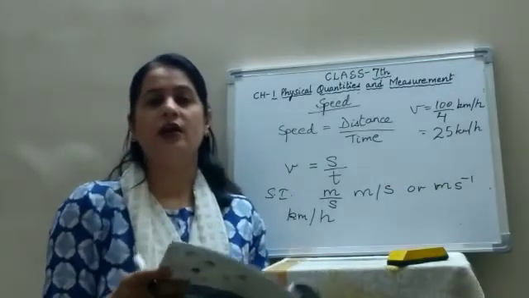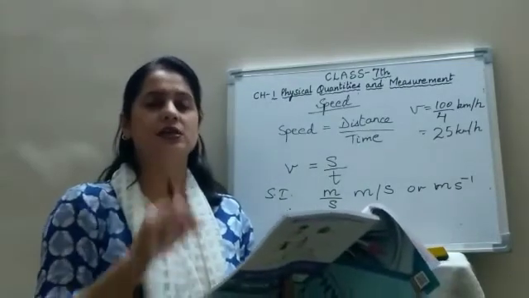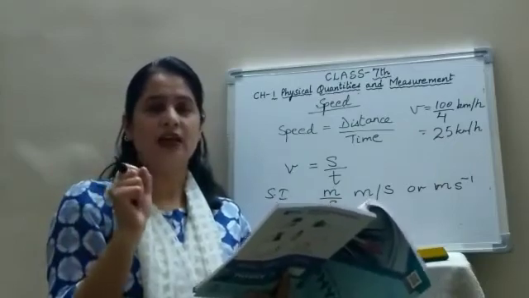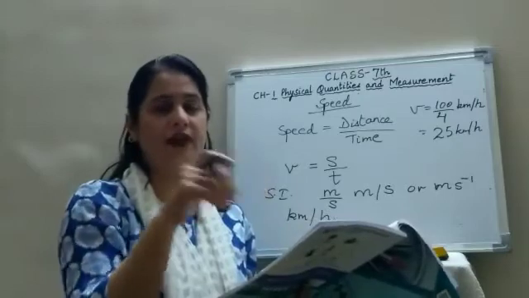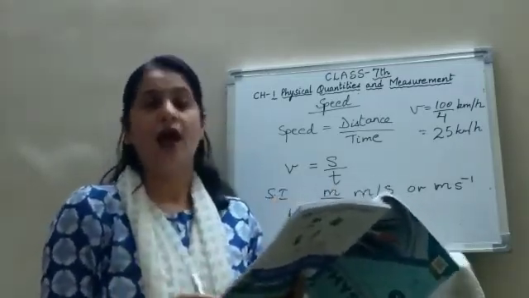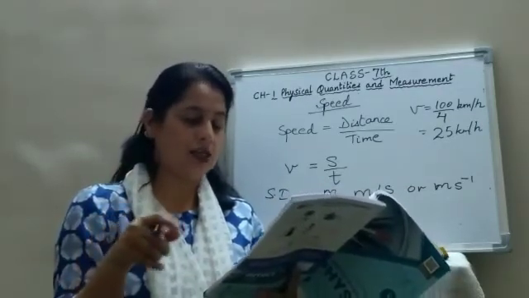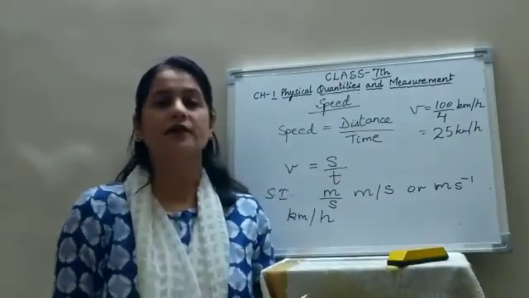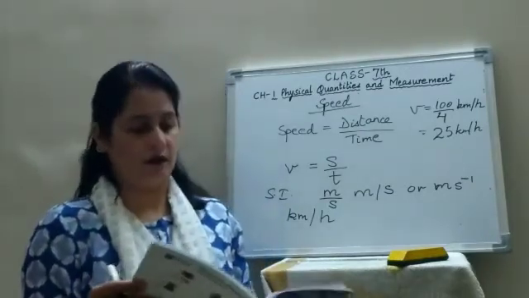The speed of running car at any instant of time is shown by an instrument which is called as speedometer. You must all have seen in the vehicles, a dial is there in which the speed of the car is given at that time. At the instant which you are driving, that is shown by the speedometer and it is fixed in the car. And the distance travelled by the car is measured by another instrument which is called as odometer. So the speedometer gives the speed and the odometer gives the distance covered by the car.